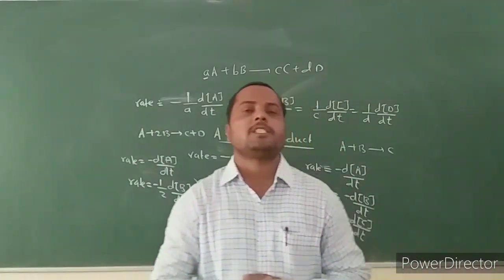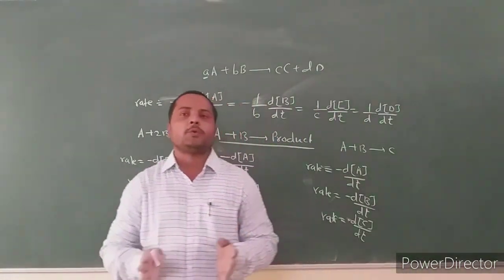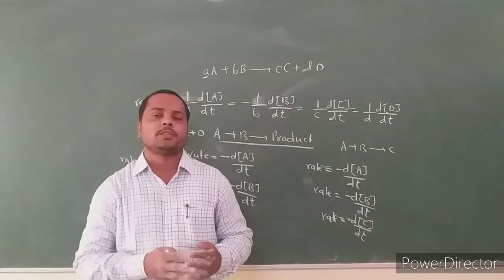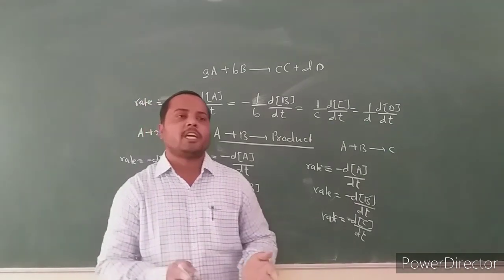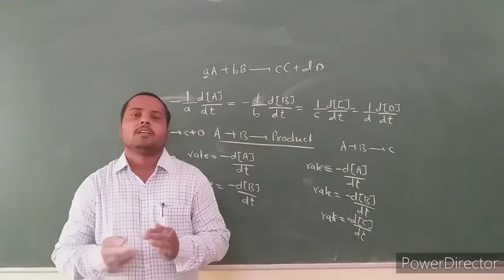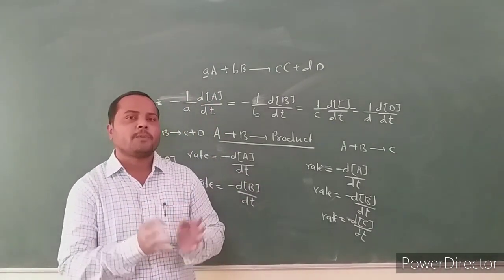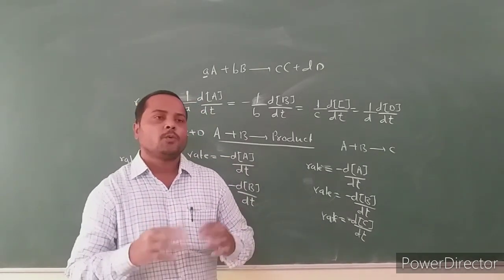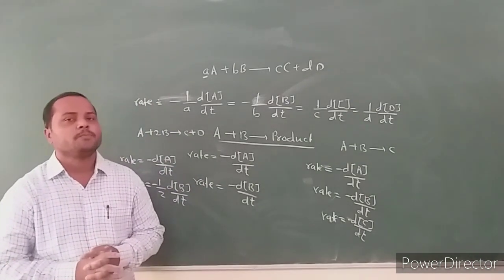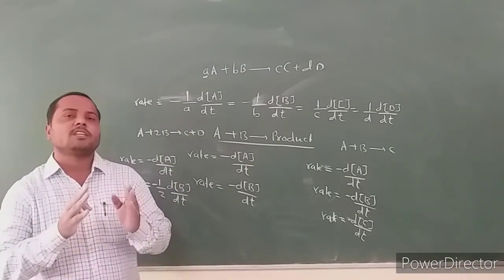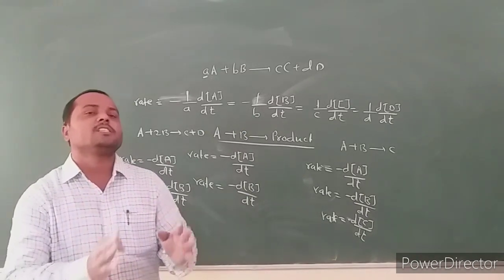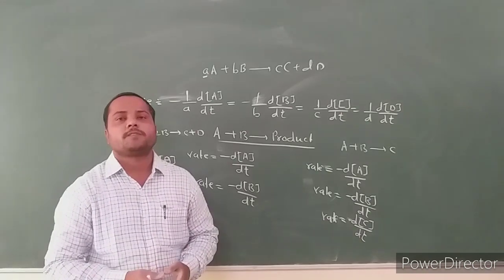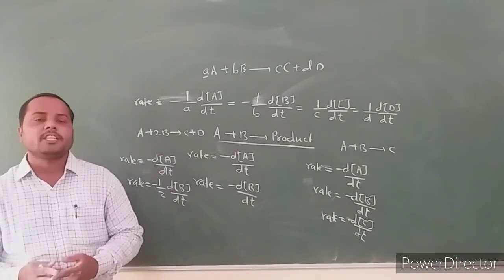In this lecture we discussed the significance, what is the use of chemical kinetics, what is the limitation of thermodynamic study, and what is the application and importance of chemical kinetic study. Then we discussed the definition of rate of chemical reaction. Generally the rate of reaction is defined as the decreasing concentration of reactant in unit time, or the increasing concentration of product in unit time.